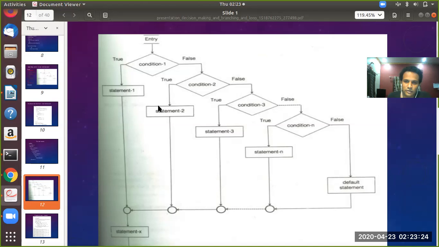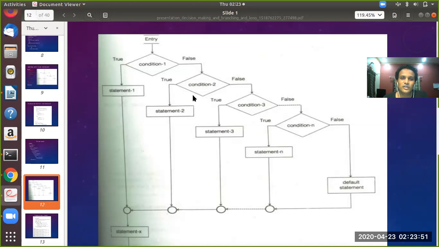Now the if else ladder is shown with respect to this flow chart. In the exams also, if you are asked to explain the if else statement, you have to draw this diagram and then explain. Look at what it says. Entry means the execution starts from this point. Check condition 1. If it is true, execute statement 1. If it is false, go to the next if and check condition 2.